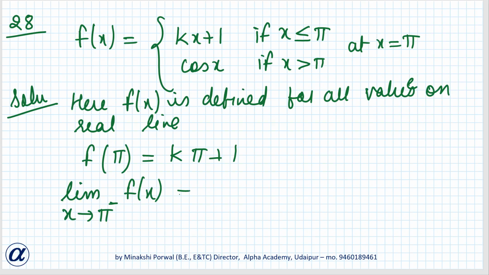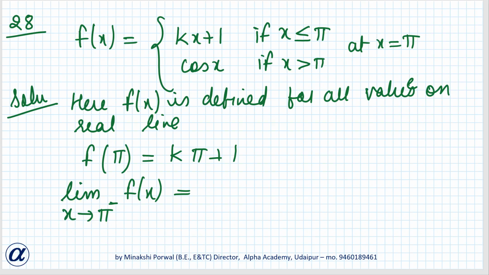In the previous two questions, it was given that x is not equal to pi by 2, so if the value is the same on both sides of pi by 2, we don't have to find the left-hand limit and right-hand limit separately; we can directly find the limit as x tends to pi. But here, as the value is different, we'll again be finding both the values.